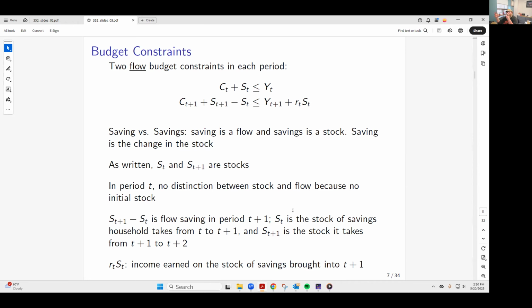So here we start to have conversations a little bit about stock versus flows. And so the way that we're going to think about income here is that income is a flow. In other words, I get a money flow in time period T, and then I get another money flow in time period T plus 1. And then if I save some of my money in time period T, then ST is going to represent savings that I could use in the future time period for